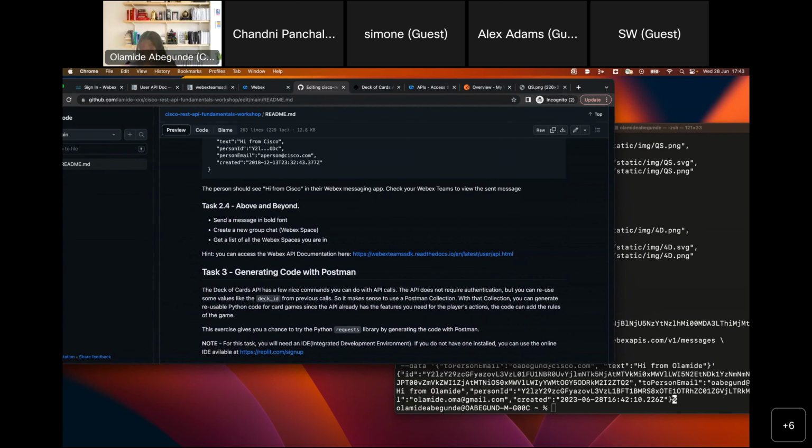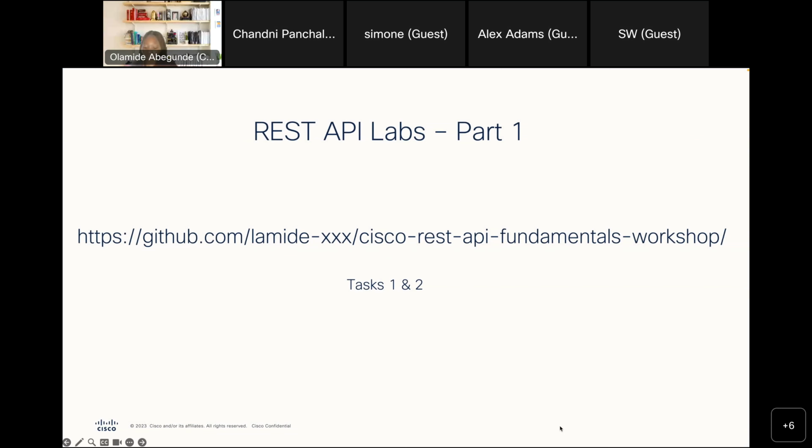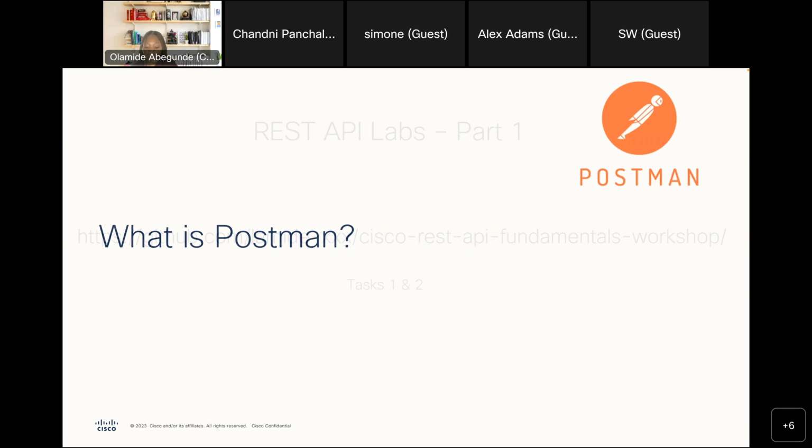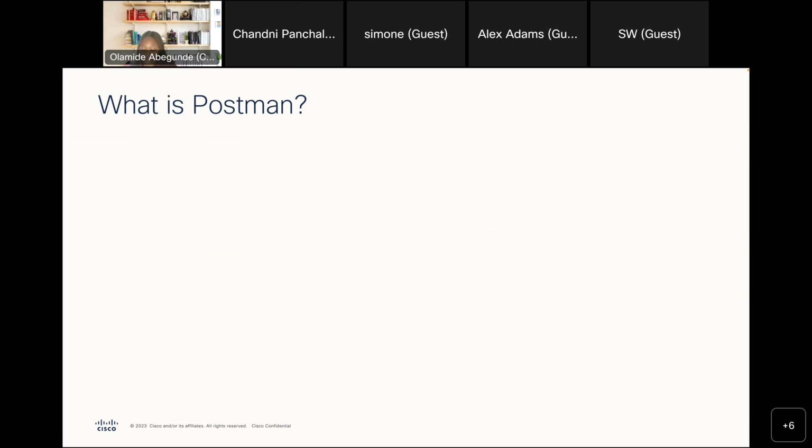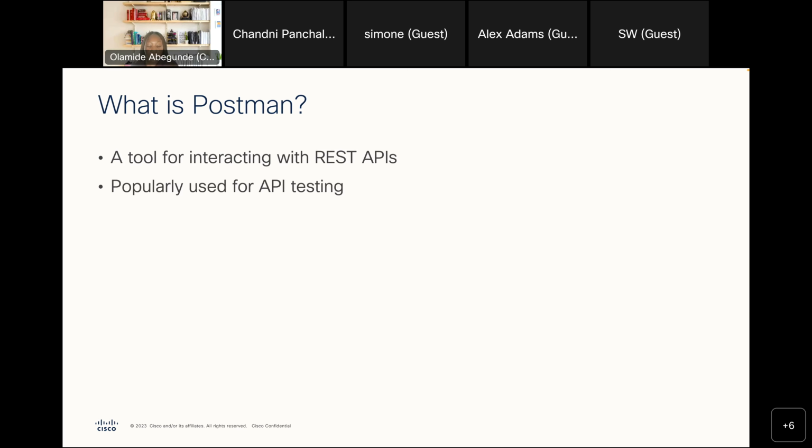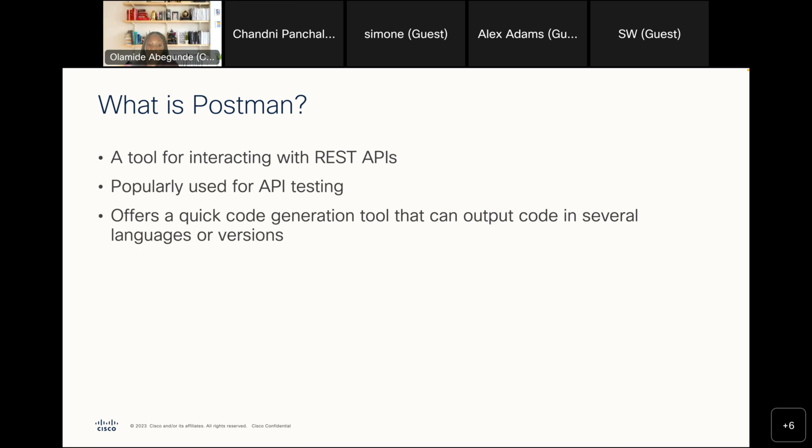So now we're moving on to the second part of this session, which is about Postman. So what is Postman? In a nutshell, Postman is a tool used to interact with REST APIs, and it lets us do this using a graphical interface. It's popularly used for API testing, and it offers a quick code generation tool that can output code in several